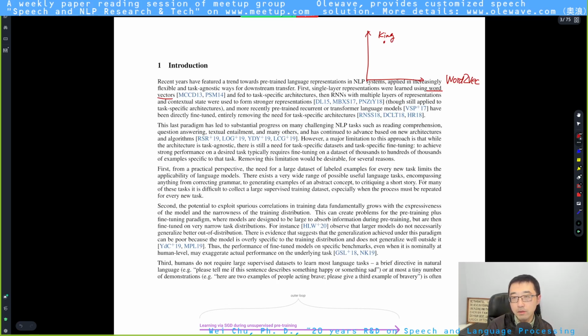Suppose this is a two-dimensional feature space, and this is a vector of king. In the following, I won't draw the vector, but just draw a dot on the hyperplane. And you can convert the word queen into another vector. And also you can have a word man and a word woman.